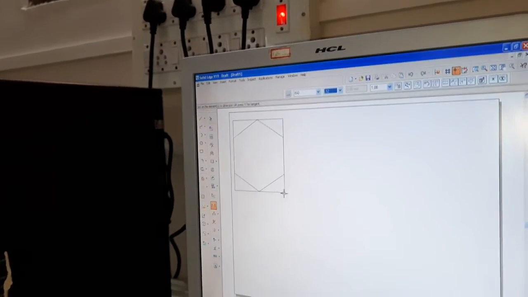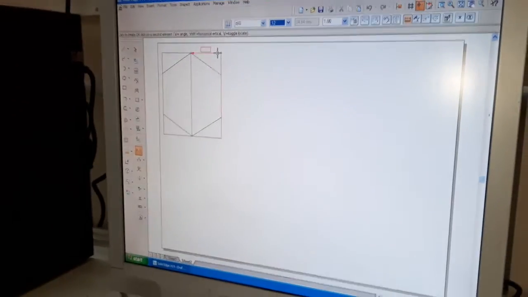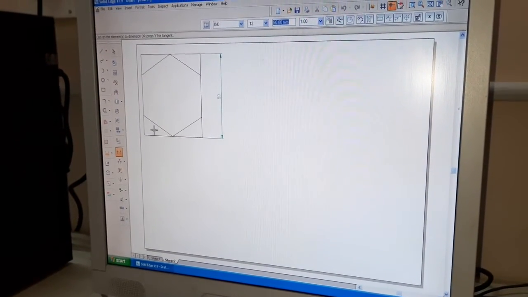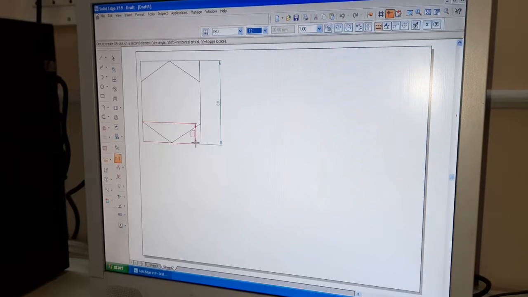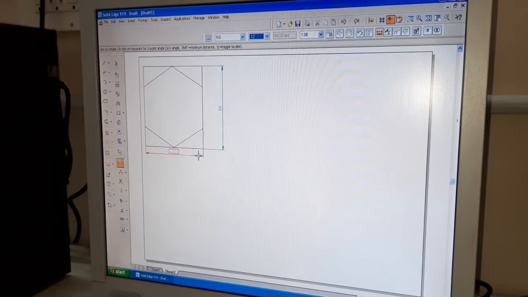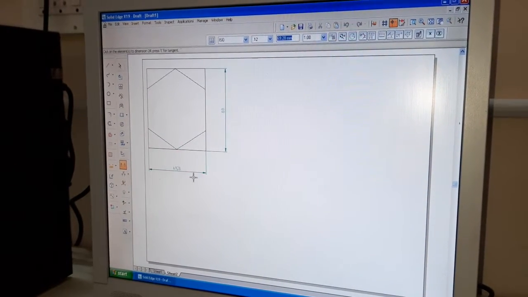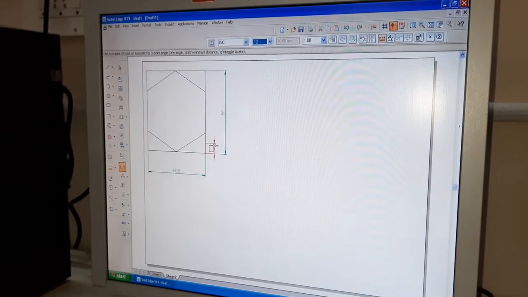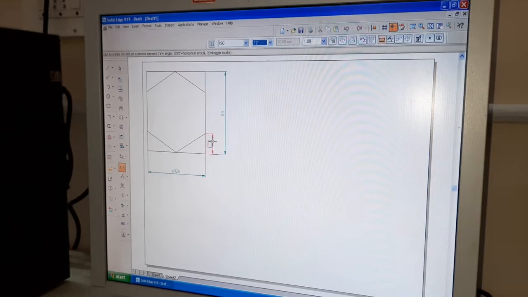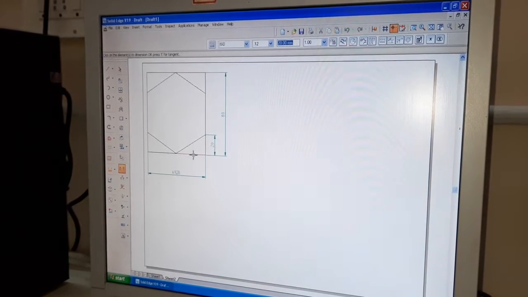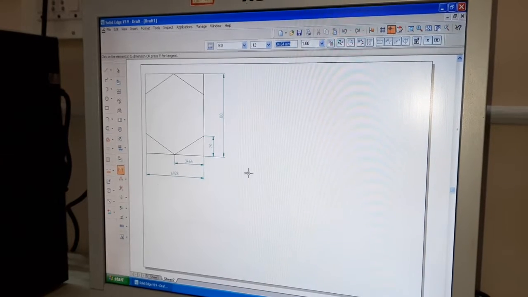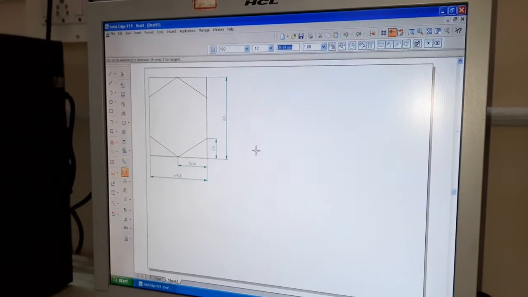Measure this boundary size using the smart option. Measure all the required dimensions of the boundary.